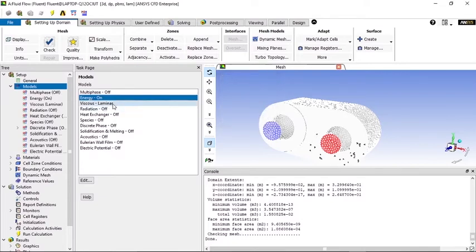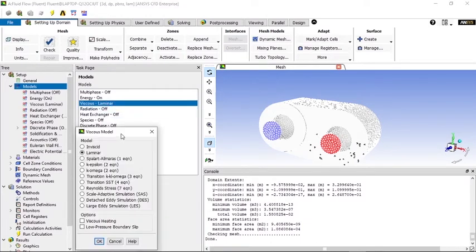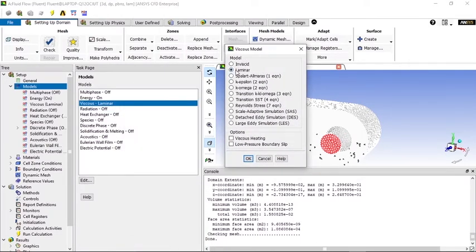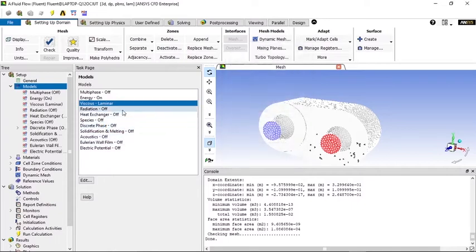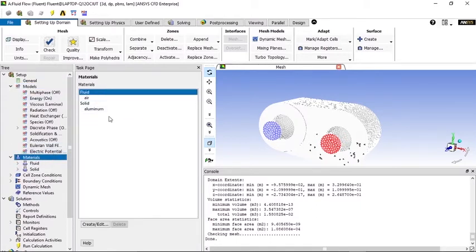After that is done, there are various models for analysis. You can go for either a laminar if you have a medium system on which you are performing the analysis, or you can go for K epsilon or K omega. So it is your preference. After that is done, this is the material tab.